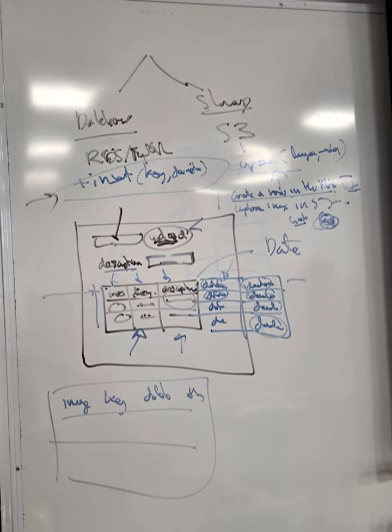I suggested that in the lambda, this file name, which I have no control over, I hash it. Where do you hash it? You can hash it in the client. You can hash it in the lambda. If you hash it in the lambda, then keep in mind that it should be the same hash function that you use when